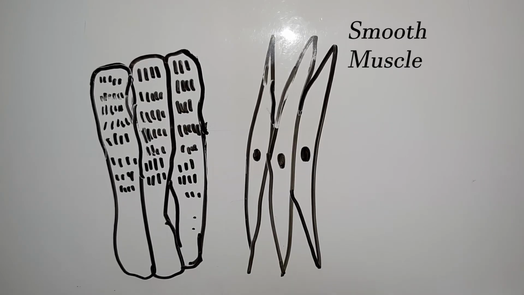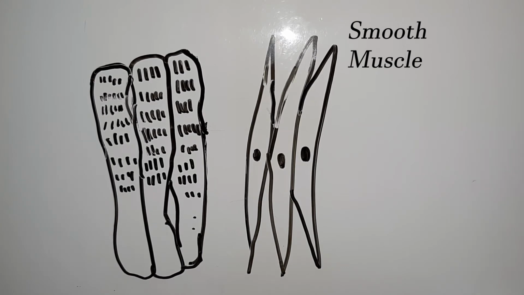Say, for example, when they are part of the digestive tract, their role is to propel contents through the lumen of the digestive tract, and this movement also causes mixing of the food with the digestive juices. When we move on to the storage organs like the uterus and the urinary bladder, the purpose of these smooth muscle fibers is to promote the expulsion of contents from these organs.